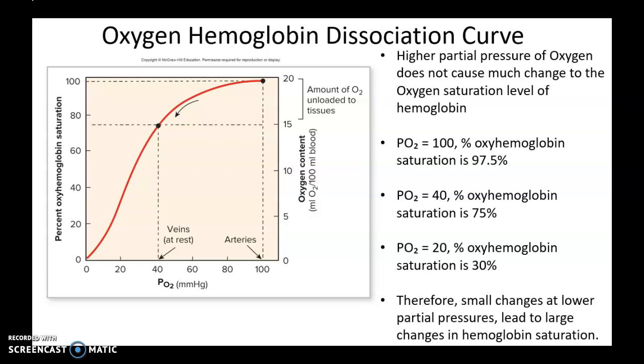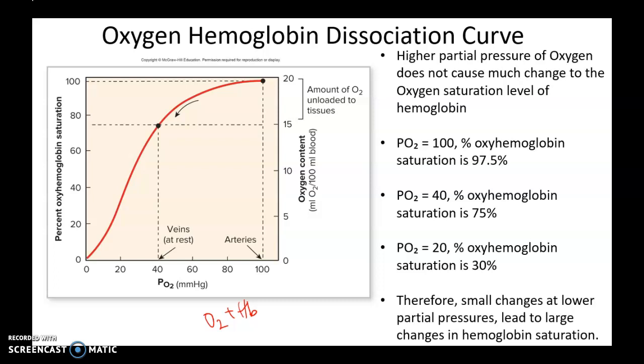On the x-axis, we have partial pressure of oxygen, and on the y-axis, we have percent oxyhemoglobin saturation. Do you remember what is oxyhemoglobin? It's oxygen bound to hemoglobin. And remember, 4 oxygen molecules can bind to 1 hemoglobin. Okay. Now, one thing. The higher partial pressure of oxygen does not cause much change to the oxygen saturation level